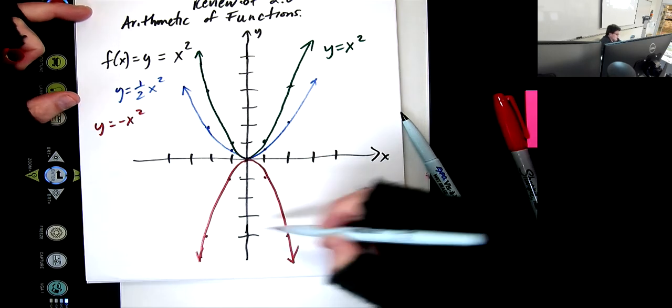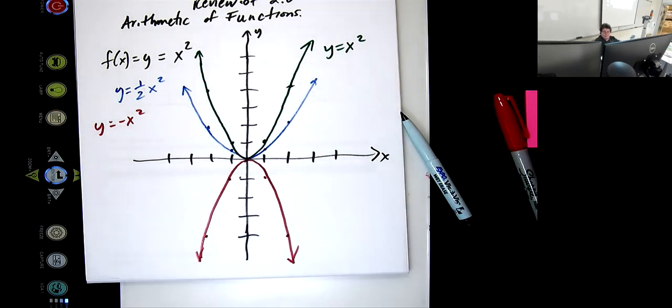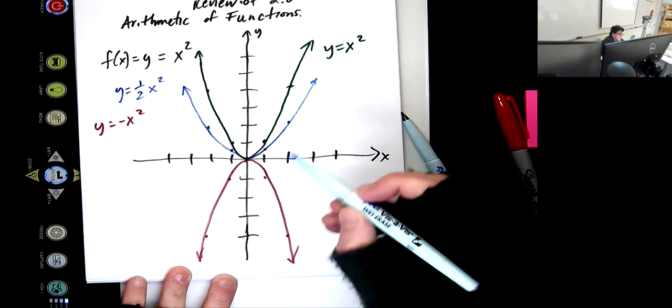So if you know the basic movements of the basic graphs, everything's great. Doing like 1/2 x squared makes it shorter. Doing like 3/2 x squared,